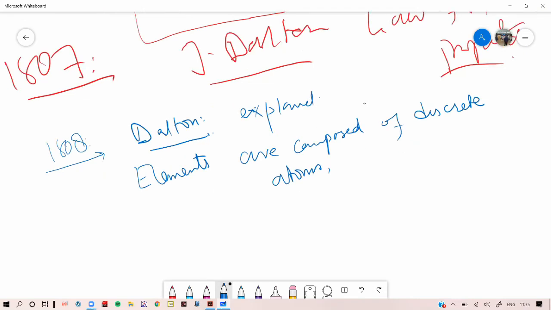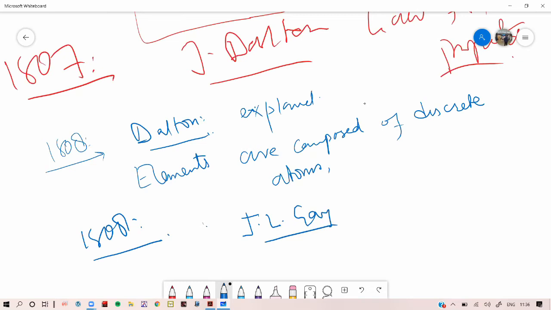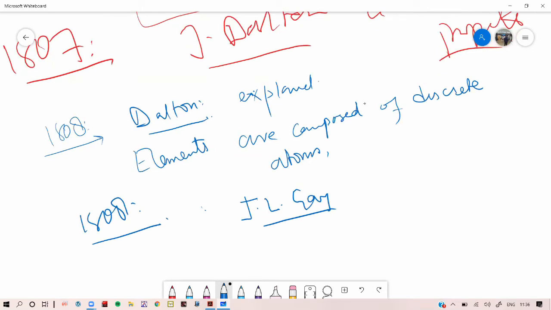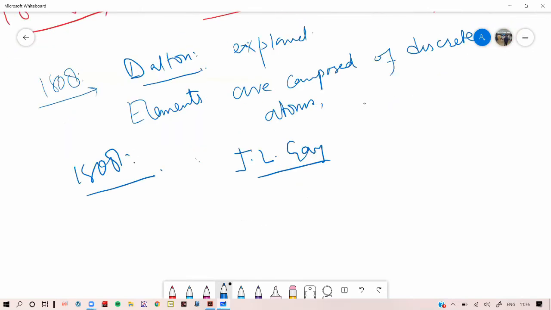At the same time, around 1808, there was Gay-Lussac, another chemist working at that time. What he proposed was that when two gases combine,